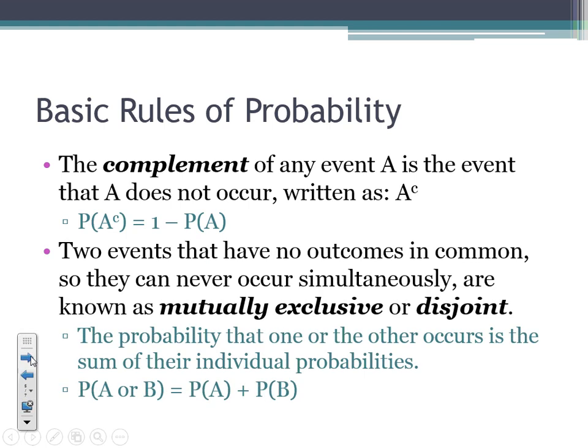Rule number 5 is just some important terms and phrases that we use within probability. So it's saying if two events have no outcomes in common, and they can never occur simultaneously, these are known as mutually exclusive or disjoint. Now, the easiest example I can give of this is think about drawing a card from a standard deck of playing cards. So we know in a standard deck of playing cards, we have hearts and diamonds and spades